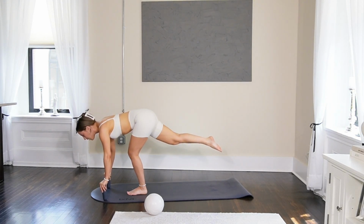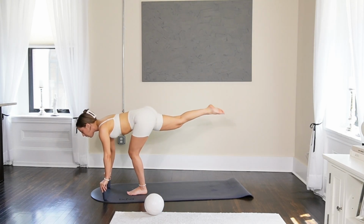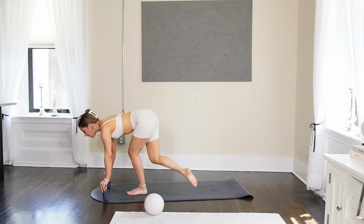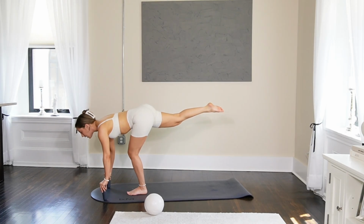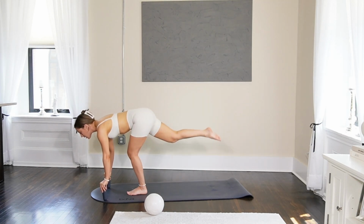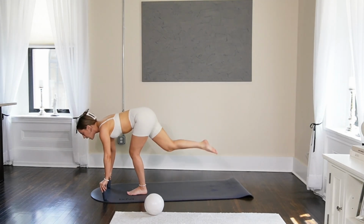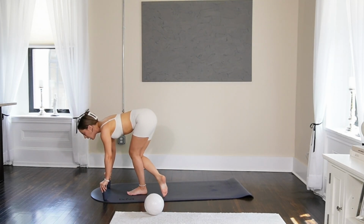In 4. We're going to go ahead and bring that right leg back behind that left. In 2. Last one. Go ahead and bring that right leg back behind that left, going into a nice curtsy. And then sending it back out behind you. Good. Bending it back in behind that left. And then sending it back out long behind you. Good. In 6, we're going to double time it. In 5, in 4, we're going to run it as fast as you can. Do not sacrifice that form. In 3, in 2,